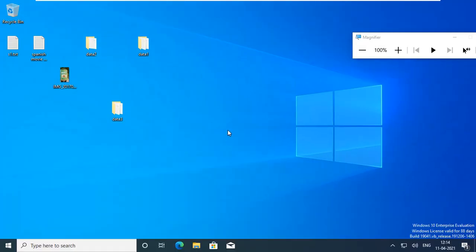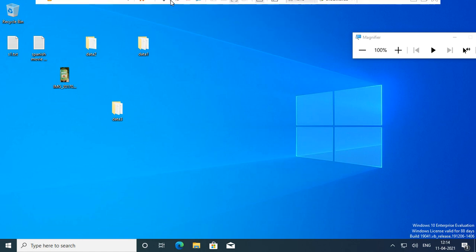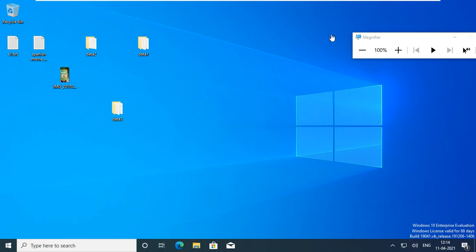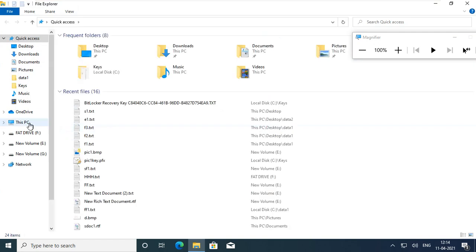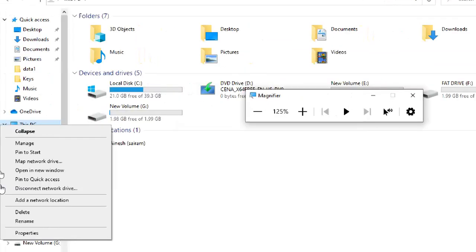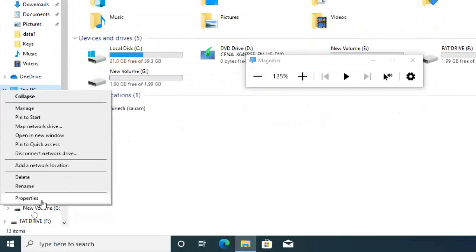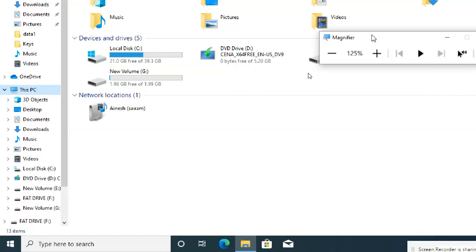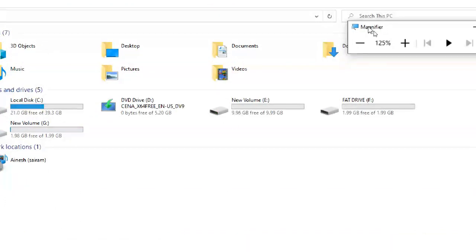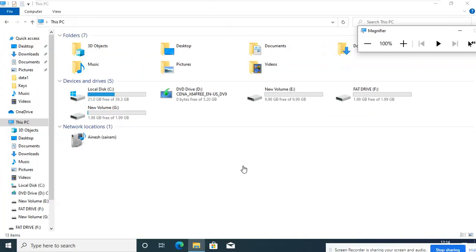So I'm going to change the computer name. What name do I have to give? Because it's a virtual machine, guys, I want to give a virtual machine name only. CTS2 Win C1. So I choose CTS2 Win C1. You can give Win C1 also, no problem. Right click on This PC, go to Properties.